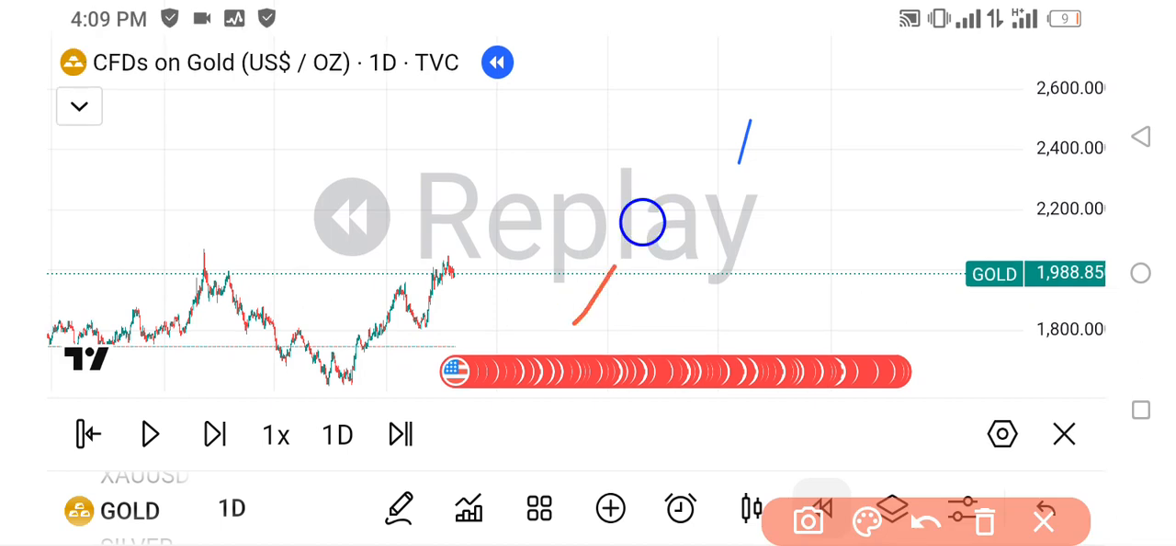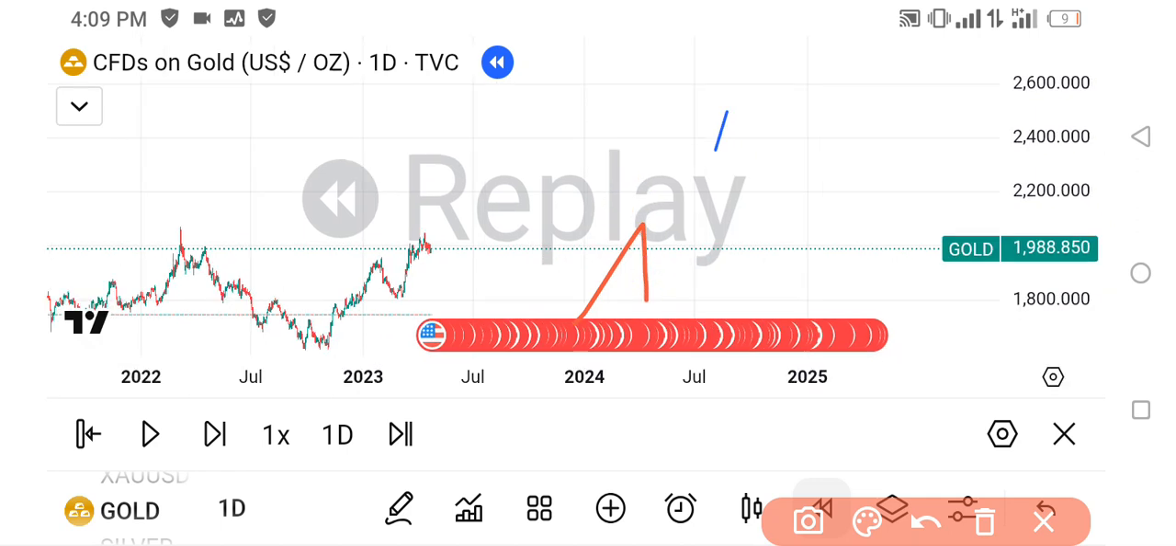The first one we are lining is pullback, break of structure, pullback, break of structure here, pullback, break of structure, pullback, break of structure. Now this particular pattern in which the market is moving is called trending. It's not giving us a good pullback, it's just moving. I'm going to be showing you in gold. Okay, this is the first one, and the second one is called